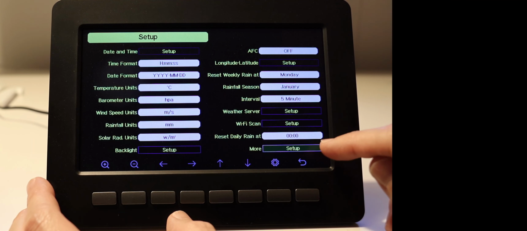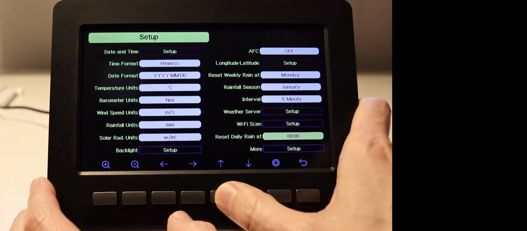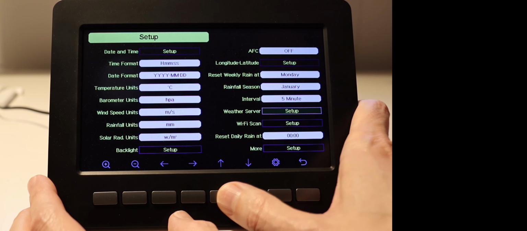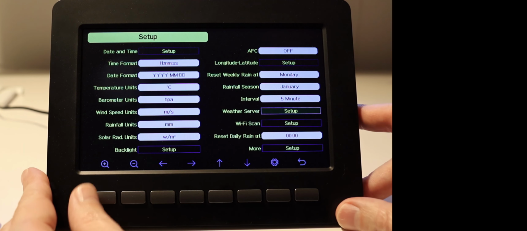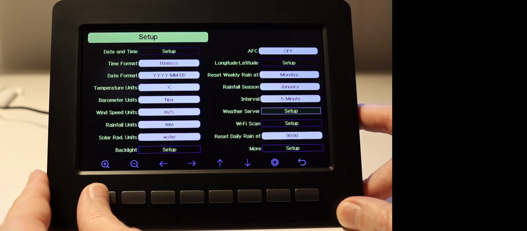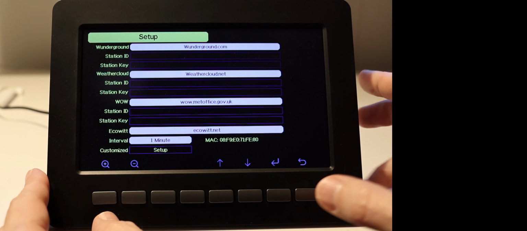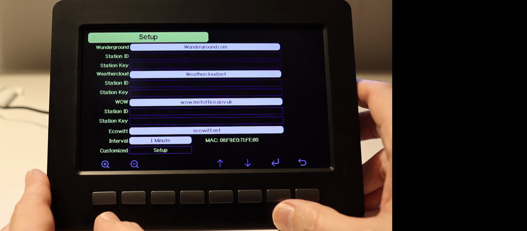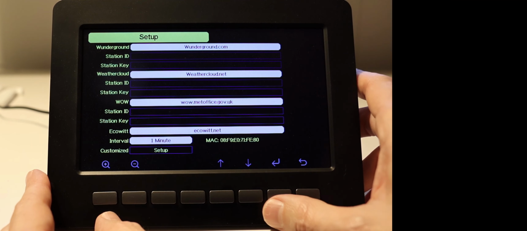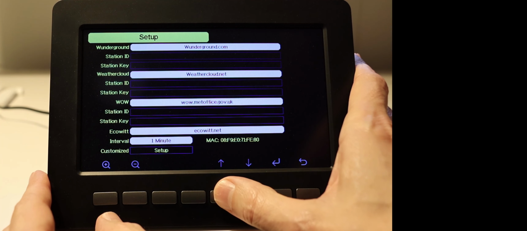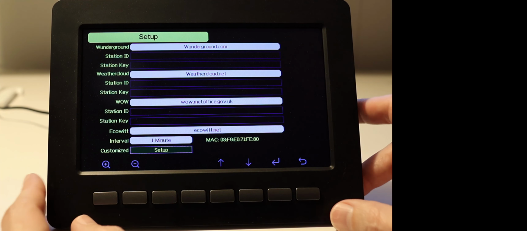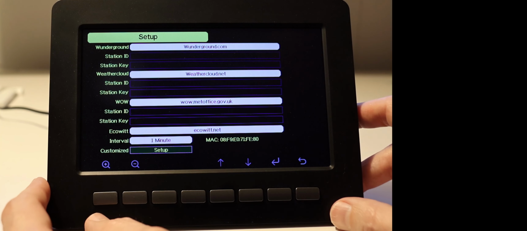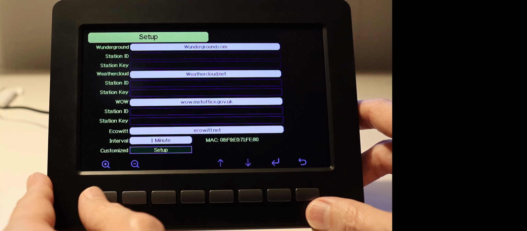we are below there, and we have to go to the weather server setup, and when that's selected we click once more on the plus button here on the left, and then we are presented with another setup menu, and then we go one step up, and then we arrive at the customized option, and then we click on the plus button another time,